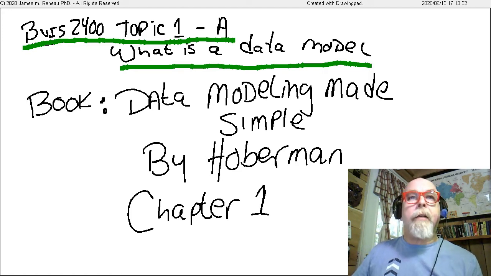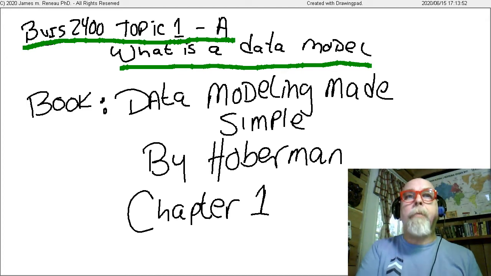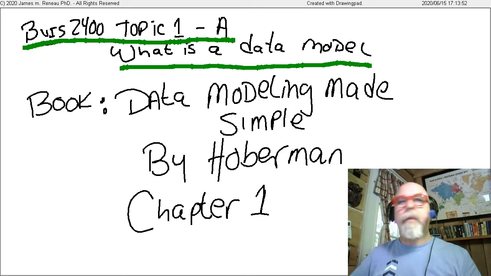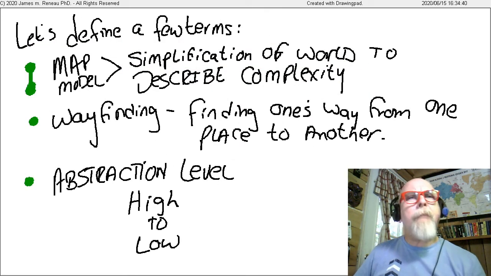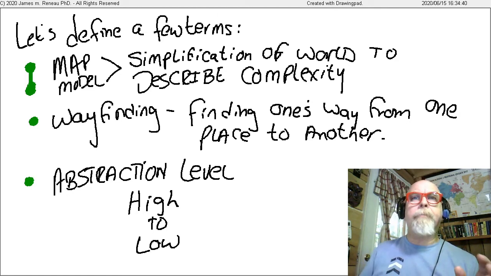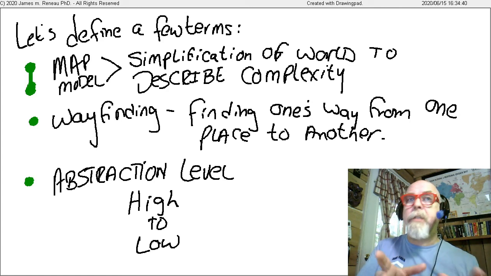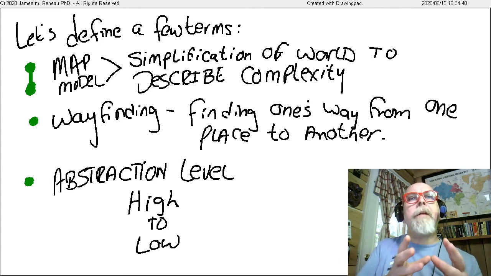What is a data model? This video will follow along with Chapter 1 of Data Modeling Made Simple by Hoberman. This chapter is really all about a few definitions. And I've got a little bit of extra information in this presentation that's not in the book, but the